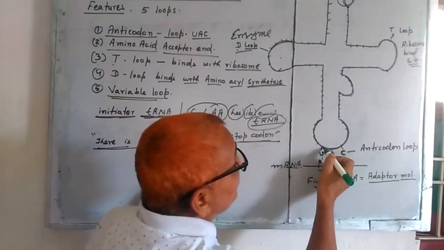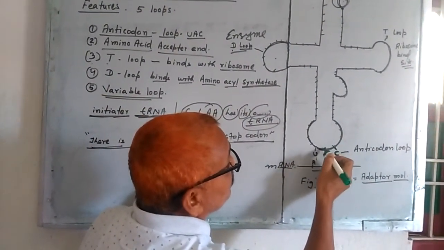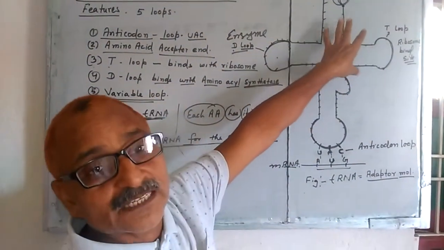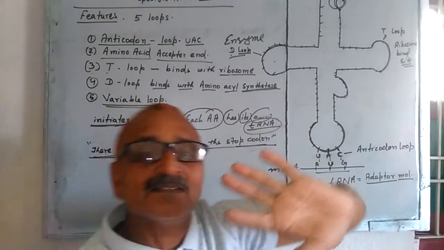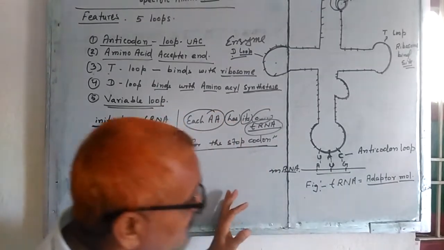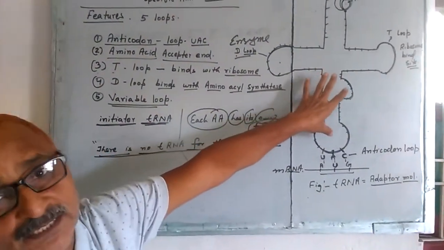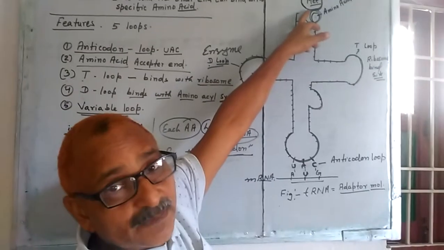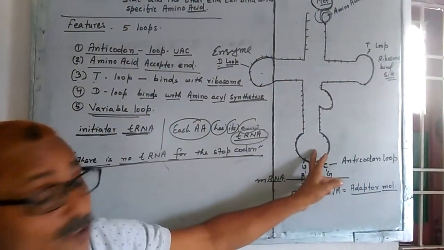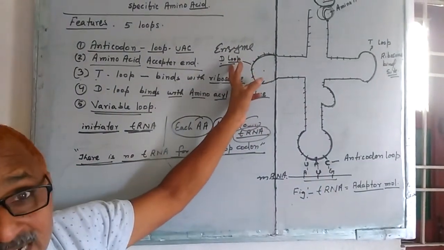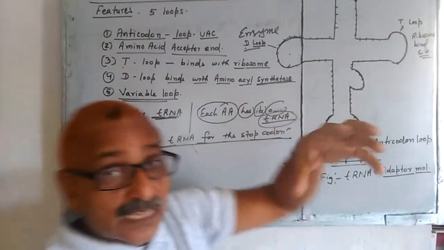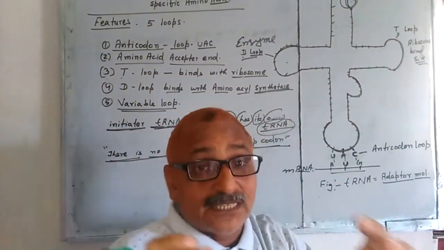Why? Because only one anticodon will be there in one transfer RNA. It cannot be adjusted. So a large number of transfer RNAs are found in the cell while protein synthesis is going on. So this is all about your adapter molecule, transfer RNA. Clear? This one is the amino acid binding site, this one is the ribosomal binding site, this one is the variable loop, this one is the anticodon loop, this one is the D loop, the enzyme binding site, and this is the structure of transfer RNA.